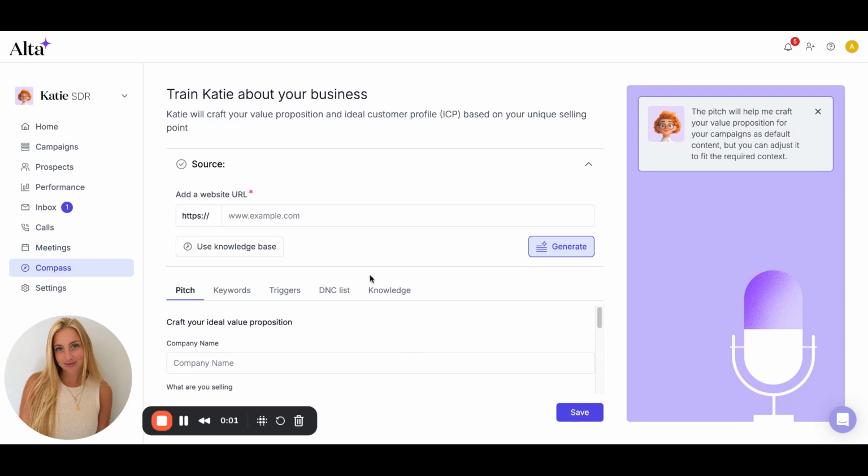Hey there, today I'm going to show you how you can train Katie about your business. So you're going to go into the compass area and here you need to paste your website URL. So I can type also, for example, and then you need to press generate. Once you press generate, Katie alone will learn about your business and soon it's going to start populating the information